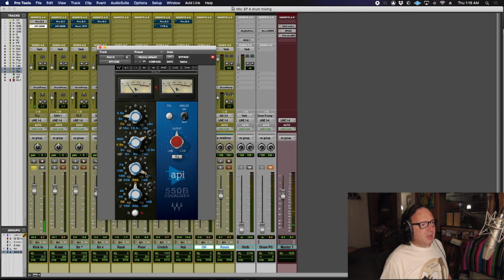Now, 500 range is really just like mid-range dirt. So we're going to scoop that out. And depending on how the bass guitar sits with it, I might add a little bit of low end. In this case, I don't really know. I'm going to leave it flat, but I might highlight it a little bit, give it a little more kick